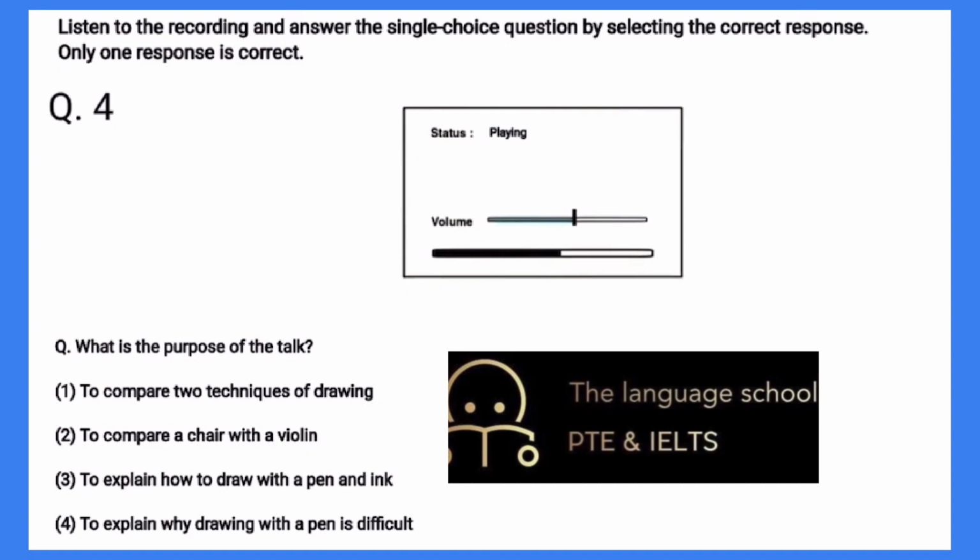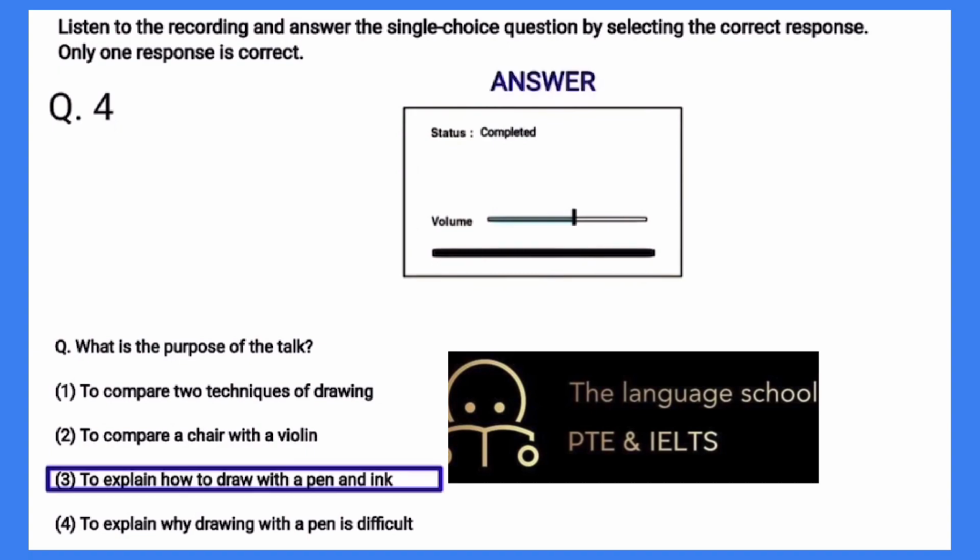Once you are ready to begin drawing, define the shape of the chair with clean straight lines. Then add contrast by drawing the outline of the violin with gently curved lines. You may have to apply more pressure to the nib when drawing curved lines to allow the ink to flow easily. When you have drawn the outlines of both objects,